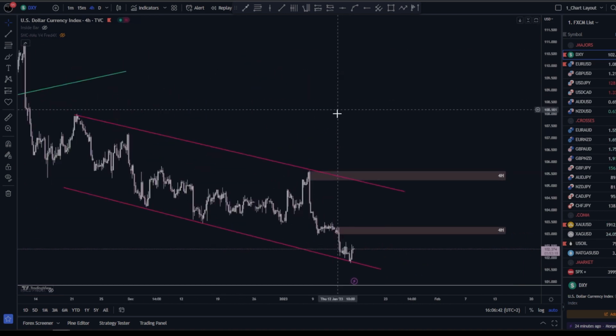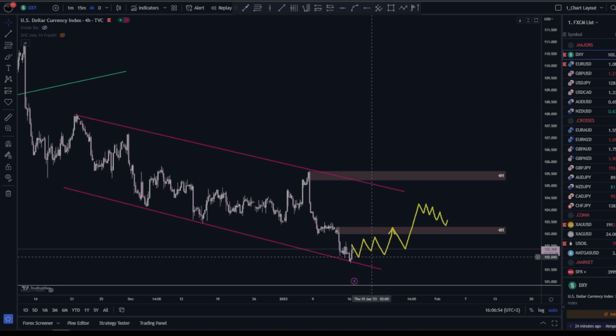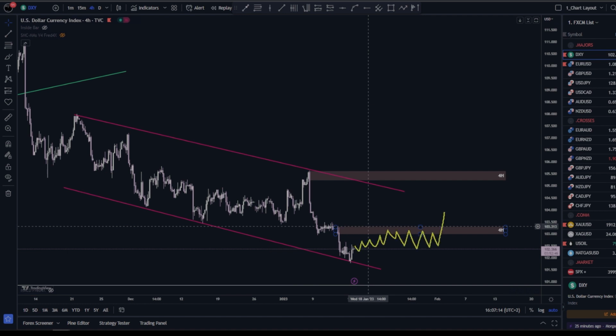So my take on this is that the price will move a bit messy in here, reach the first supply area highlighted on the chart, and then drop. Or the second scenario is that we'll reach this level, the first supply level, drop, break it again, correct, and reach the second one. So the market will make a bigger impulse towards the downside. So for now, I'm expecting a correction on this pair, and afterwards I can see it dropping more. So keep an eye on these key areas that I highlighted here.